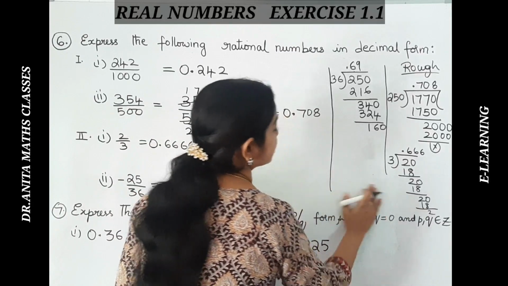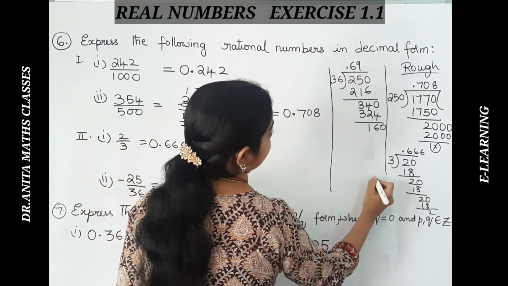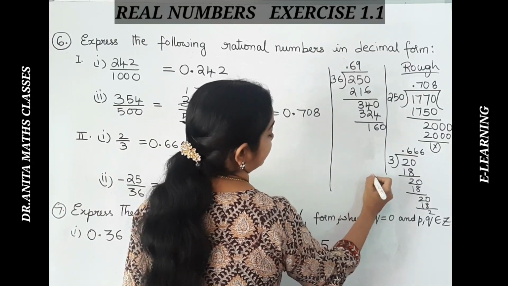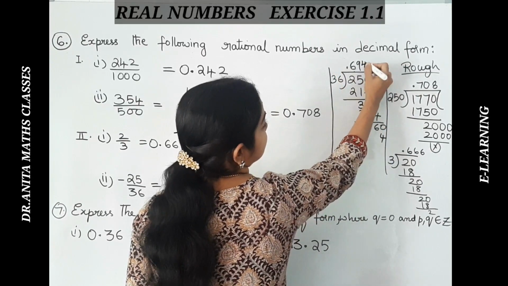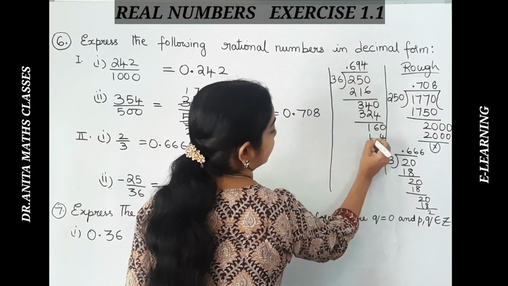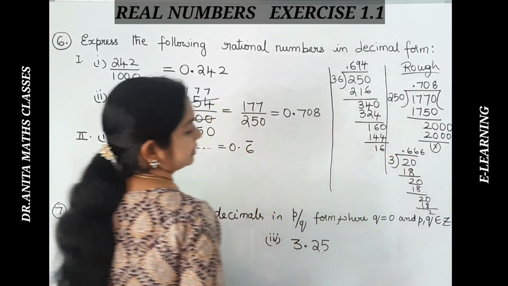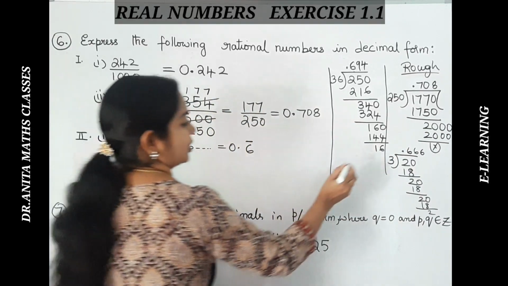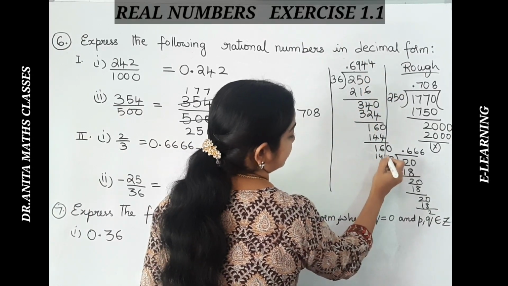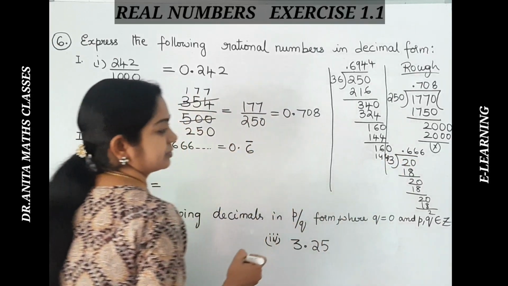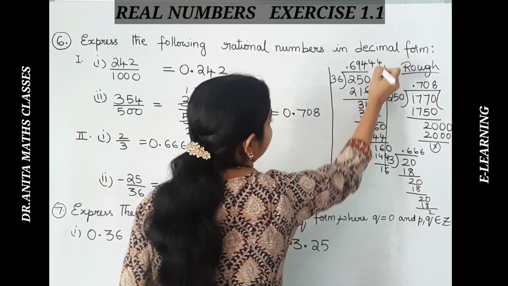Again, how many times does it go? 5 times. Let us see 5 times. 150. Yes, it won't go 5 times. 4 times. Okay, 4 times. 6 4s 24, 2 4 3s 12, 14. Yes. Again, how much do you get? 6 here and 1 here, right? We got 60, so 160. Again a 0 you can place, 4s 144, right? 144. The same thing comes here, 16. So it's repeating. So this 4 is repeating.